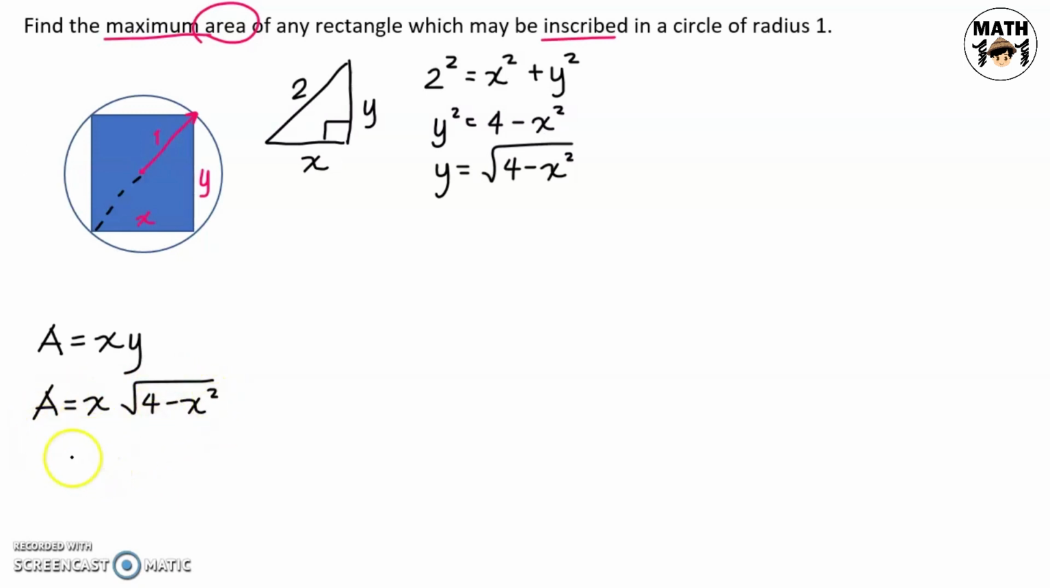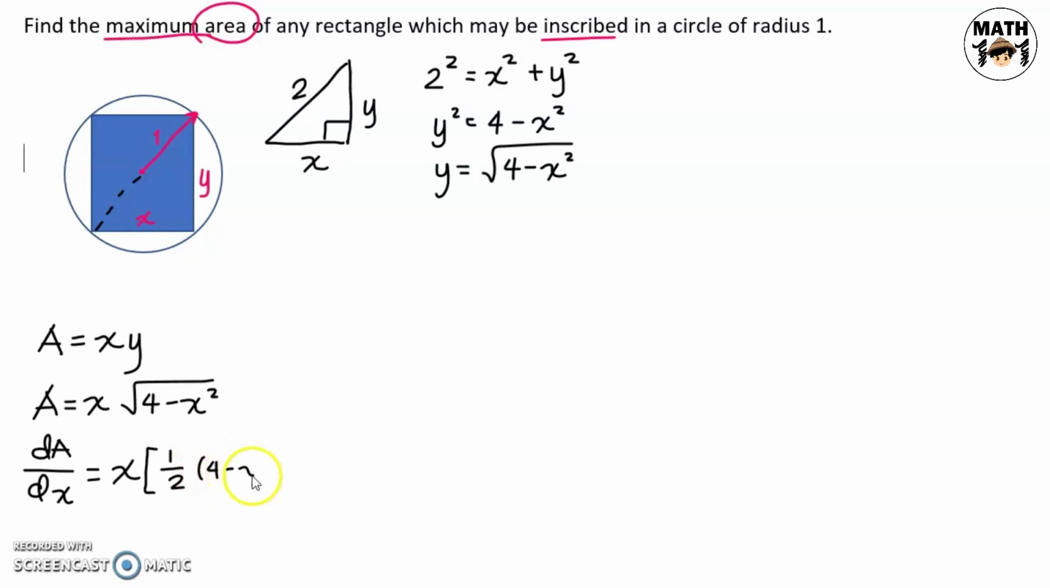Then, i-differentiate na natin to with respect to x. The derivative of A with respect to x is equal to, so ang gagamitin natin dito ay product rule since we have the product of two terms. So, x, or the first term, times the derivative of the second term. Square root of 4 minus x squared can be also written as 4 minus x squared raised to 1/2. So, the derivative of that is 1/2